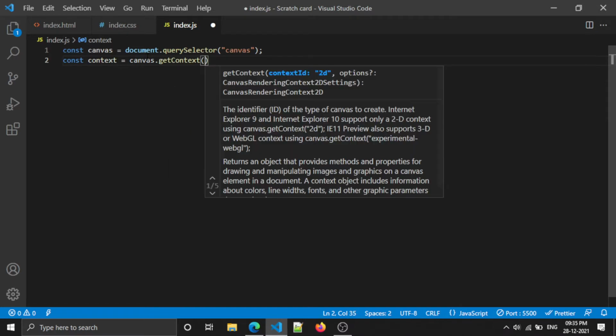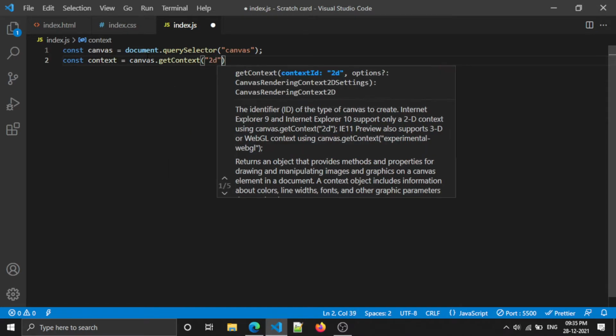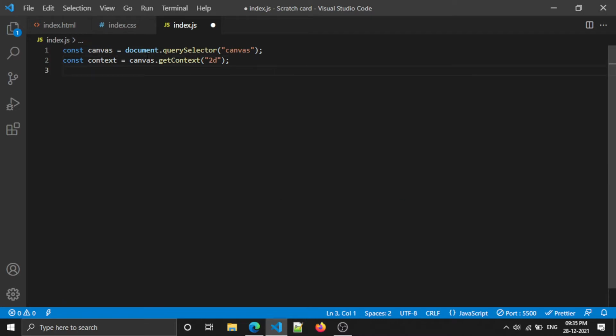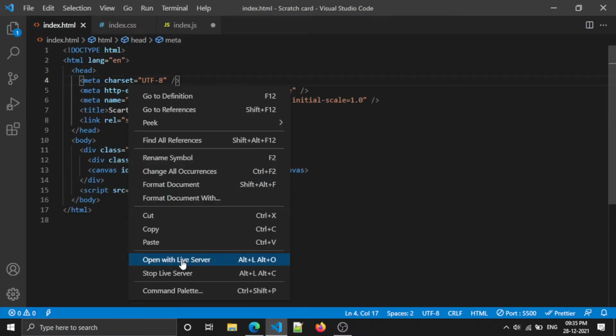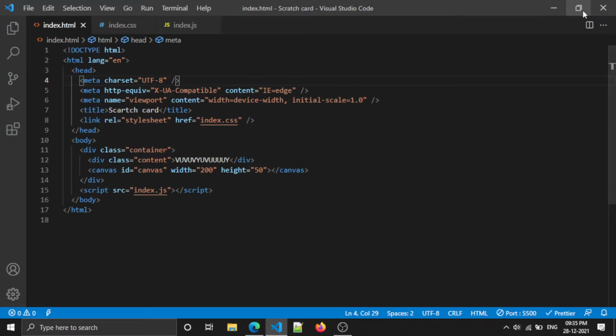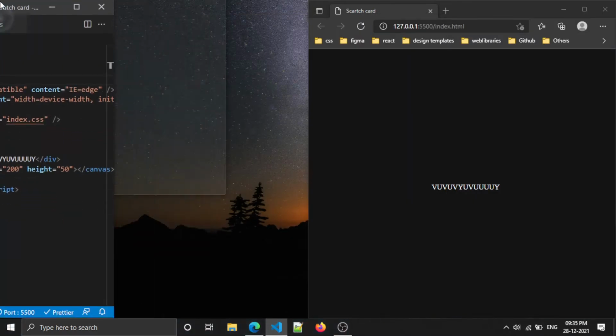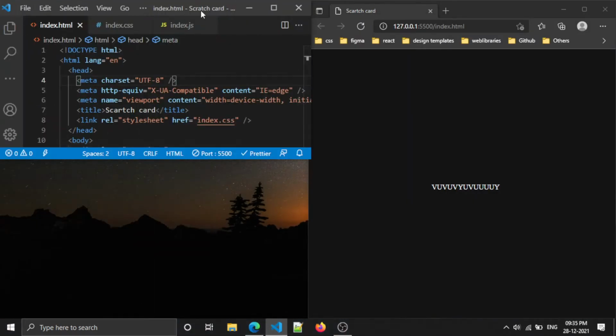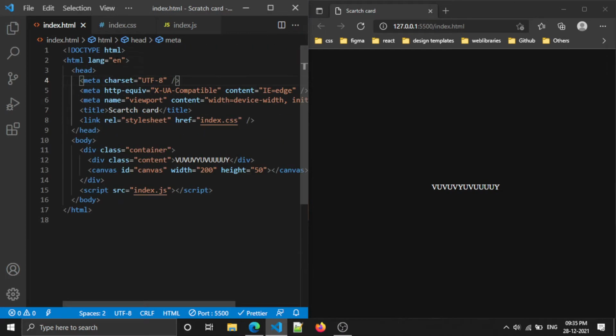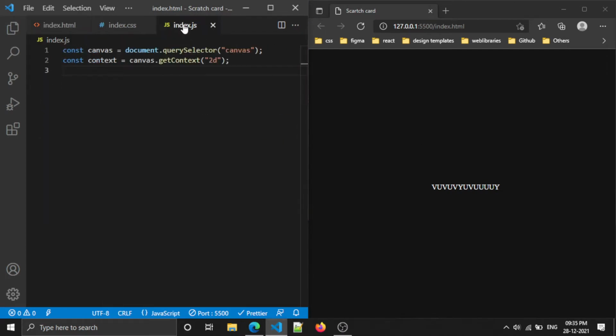Here our context is a 2D object, so I'm just mentioning it as 2D. Before seeing what output we are going to get, let me run this in open server. To get better visibility, let me arrange it properly first. Yeah, this is the actual output of our canvas and our content.